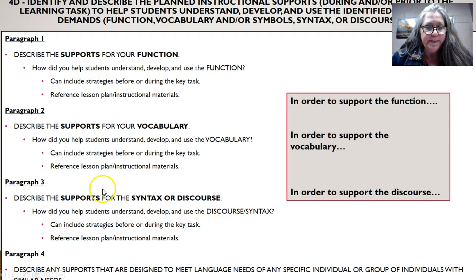So make sure you describe the supports for the syntax or discourse, not both. Even if you think you've got both, I don't care. You're only going to choose one. And then in paragraph 4, it's important to describe any supports that you used that were to help specific individuals or groups